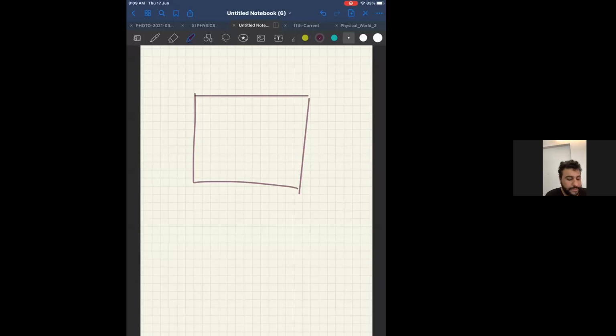Therefore, answer is A. Now, look at option B. Interaction of cosmic rays with the current of the earth, completely wrong. Option C. A magnetic dipole buried at the center of the earth. They are trying to say that there is actually a magnet buried at the center of the earth. Completely wrong. Option D. Induction effect of the sun. Induction effect of the sun looks very fancy.